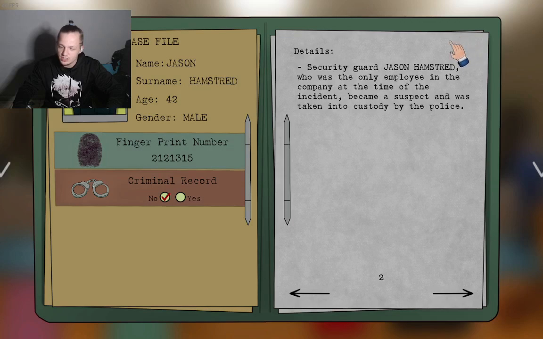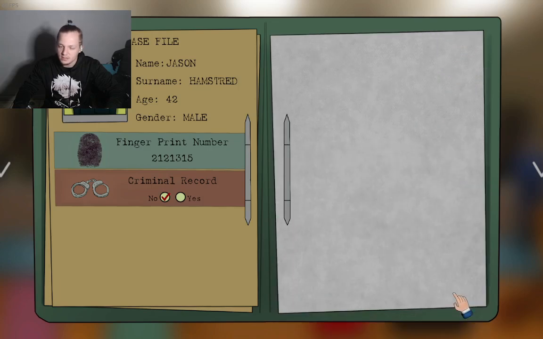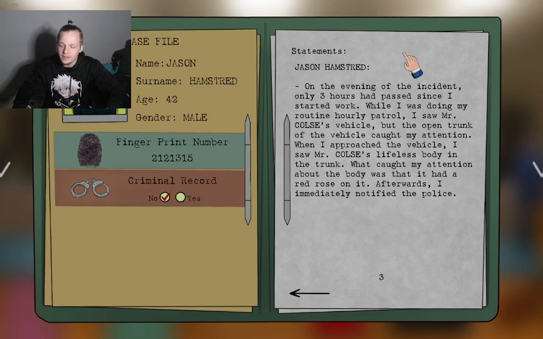Security guard Jason Hamstrid, who was the only employee in the company at the time of the incident, became a suspect and was taken into custody by police. On the evening of the incident, only 3 hours had passed since I started working. While I was doing my routine hourly patrol, I saw Mr. Costa's vehicle, but the open trunk of the vehicle caught my attention. When I approached the vehicle, I saw Mr. Costa's lifeless body in the trunk. What caught my attention about the body was that it had a red rose on it. Afterwards, I immediately notified the police.